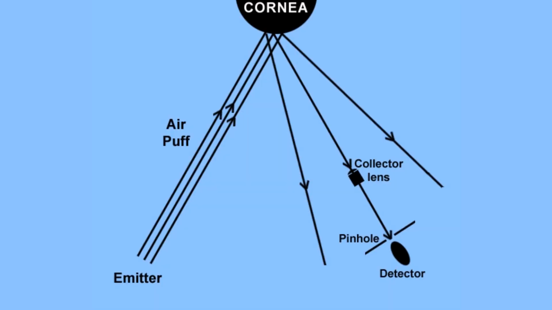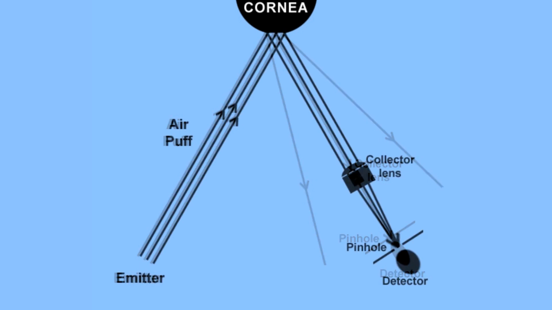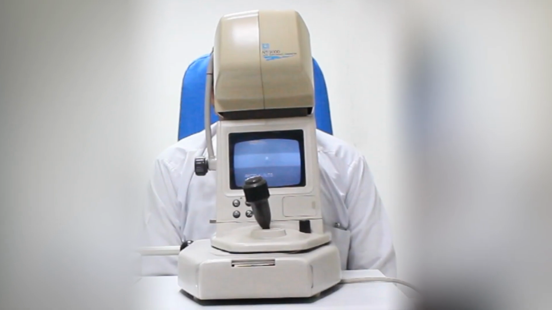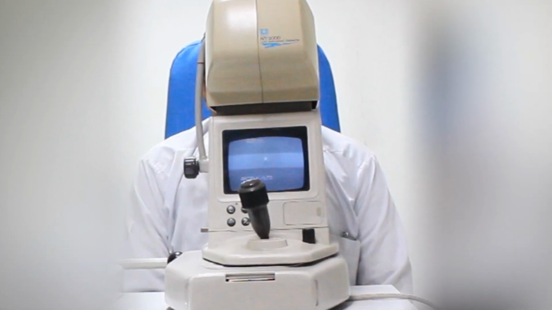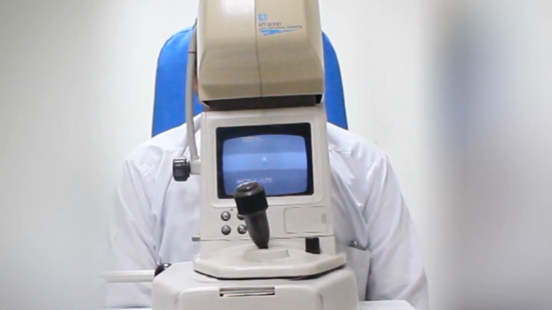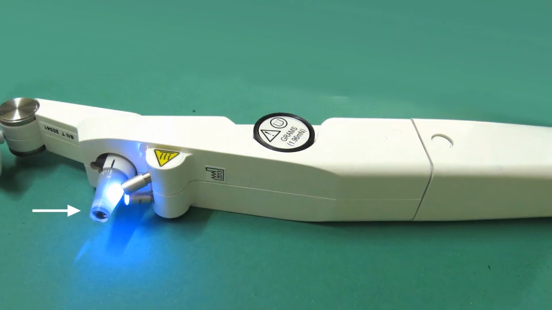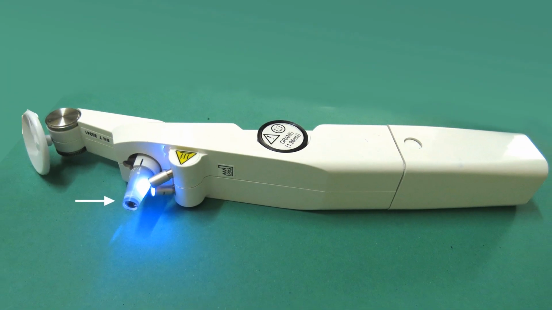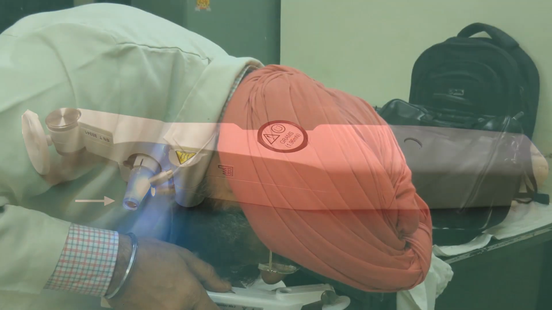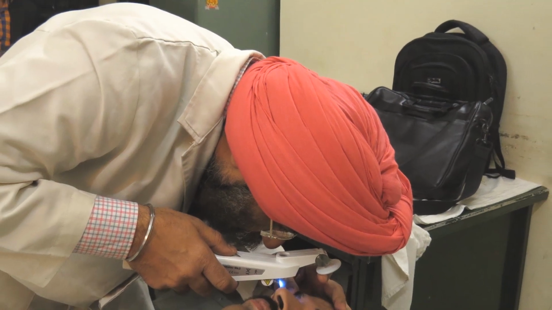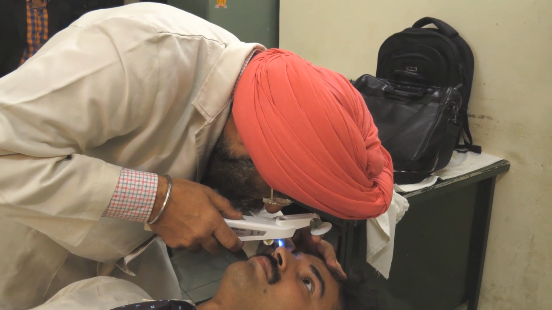Initial non-contact or air puff tonometers determine IOP from the time required to applanate cornea in response to air puff. However, the present generation determines the IOP from the actual jet pressure required to applanate cornea. Perkins tonometer, which uses same biprism as Goldmann tonometer, is useful in bedridden patients and in operating room.